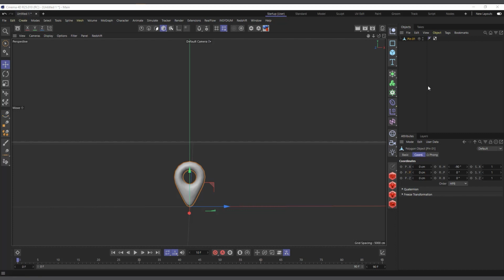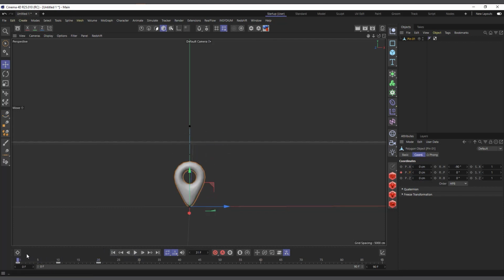So the next mode is the smooth mode, and with that one I'm going to use a different animation. So still I have the pin object here, so I'll go ahead and add a quick animation to it. With the pin object selected, I come to its position, I'll set a keyframe here, and I'll come to frame 10, and I'll increase it, move it upwards somewhere here, and set another keyframe, frame 20, and I'll bring it back to 0. And set a keyframe. I don't want it to move in other positions. So yeah, now if I hit play, you can see it goes up and down, right?